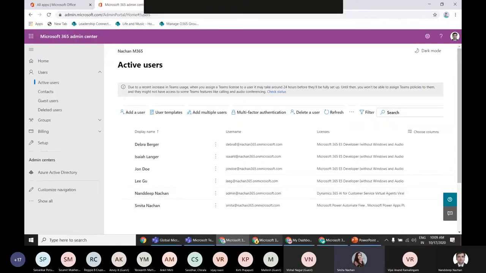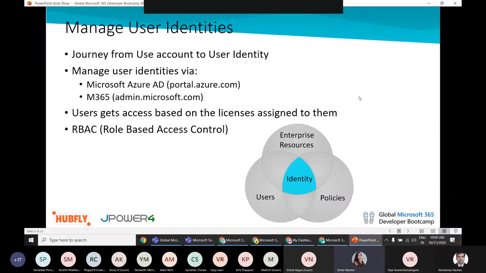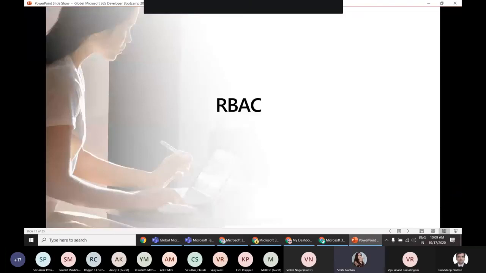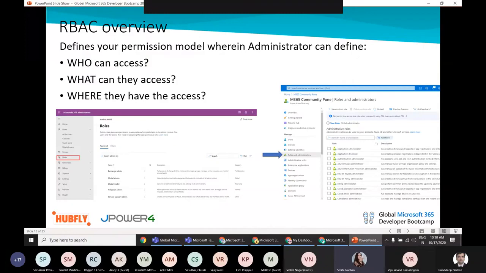So now let's go back and see what is meant by RBAC. RBAC is role-based access control, which helps you manage who can access your organization's resources and what they can do with those resources. RBAC allows an administrator to grant other users privileges to perform tasks. RBAC can be considered a permission scheme wherein we allow administrators to perform certain operations while denying them to perform other operations. So let's see what the roles are over here.